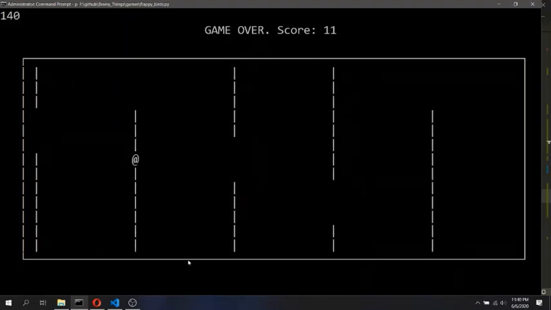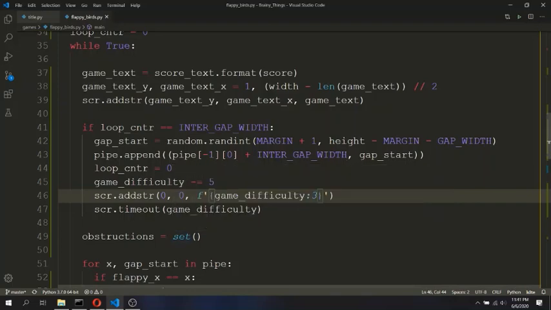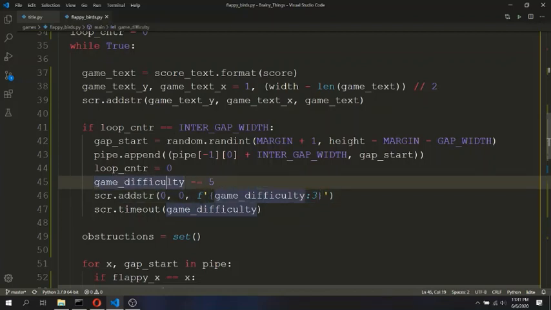And once the game difficulty becomes too low, the game will become impossible. But still, there is a slight chance that the game difficulty will keep on decreasing if some lucky person or an extremely expert Flappy Bird player plays this game.